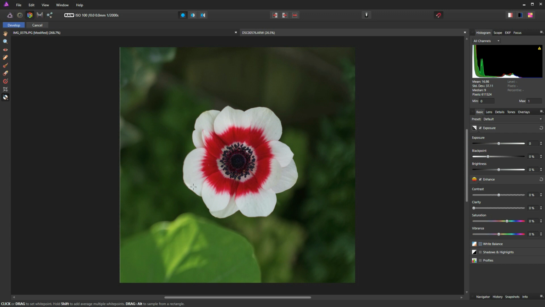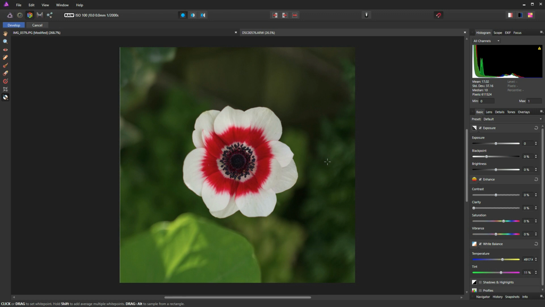And what we can do, we can now click on an area of white in our image, just so that we can tell Affinity Photo which part of our image is white. So I'm just going to click on the end of this leaf here, and you can see that it's made a slight adjustment to my white balance. It's also ticked the white balance palette for us automatically, and you can now see the temperature and the tint